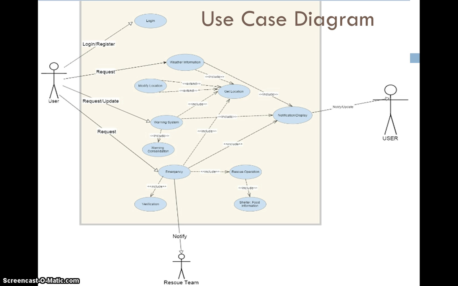For that reason we have something called the warning consolidation database. It holds the master data of all the warnings any system has given to it, from various sources like users themselves, government sources, and some private sources. We have one more functionality called the update warning system. Consider a user going on a trip who notices that the floodgates of a dam are open and the water level is alarmingly rising. He can take a snapshot of that and post it into this application, so that it will notify the rescue team as well as the other users.